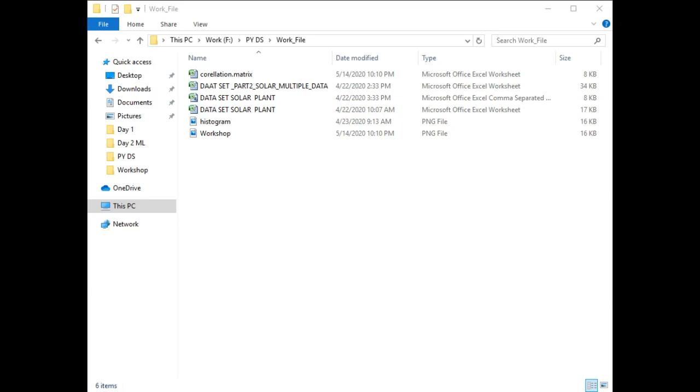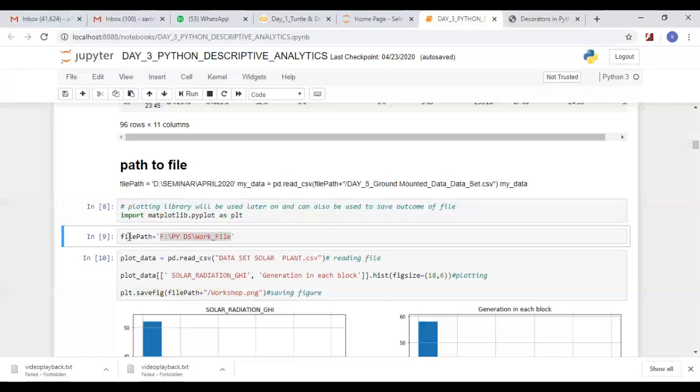First, I am giving the file location. If I open it, that file will exist inside this. So I have to use this. See here, data underscore CSV.